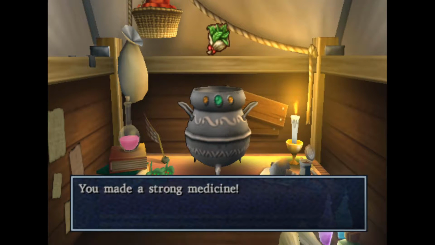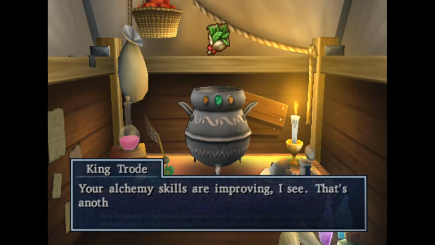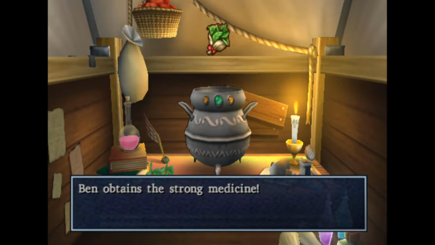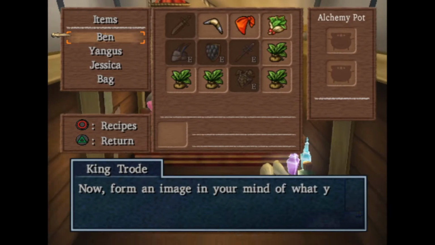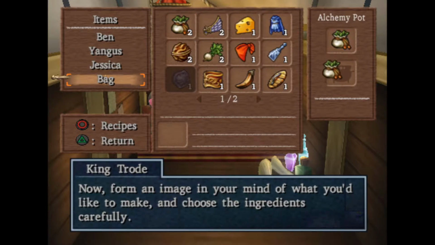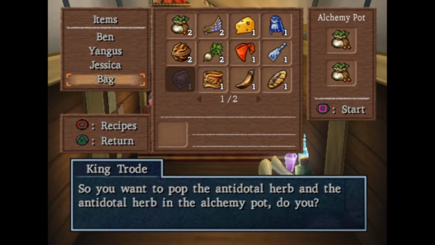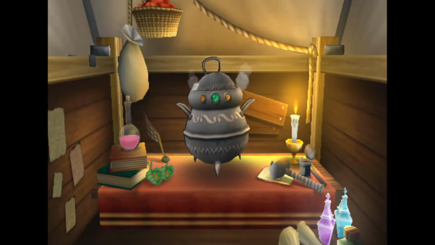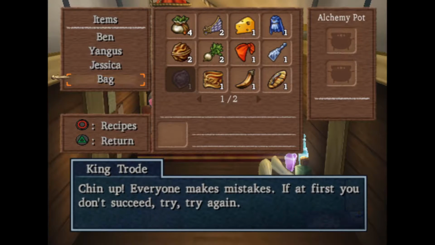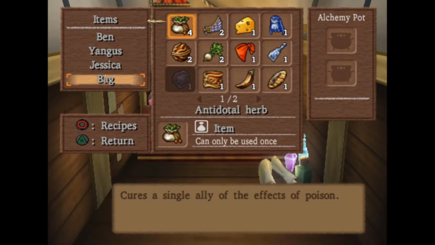Some strong medicine. Nice. So that's medicinal herb plus medicinal herb. Excuse me, I'm actually taking a sip of some soda here. Some caffeine for the long road. Now, let's see. Is it antidotal herb plus antidotal herb? I forget if that does anything. I don't think it does. It's not like medicinal herb. Yeah, no. Antidotal herb times 2 doesn't actually do anything. However...